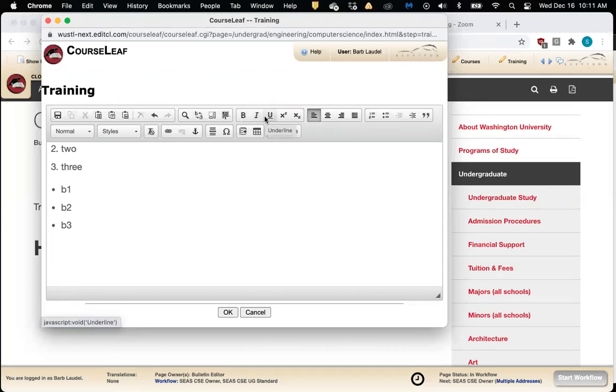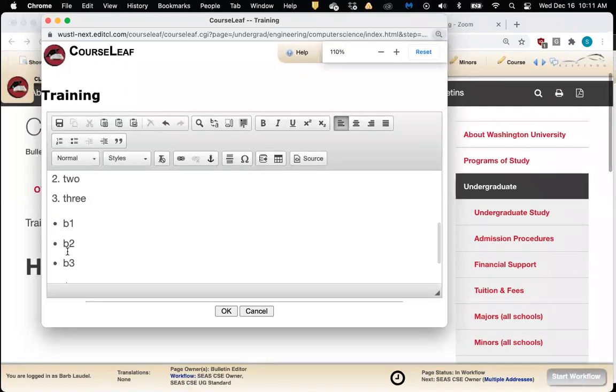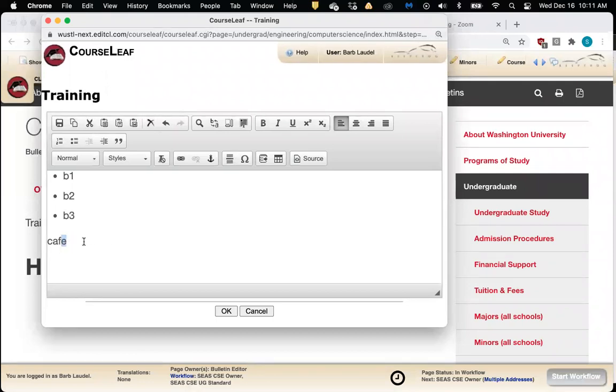And then the other item is special characters. So let's say you have a word like café and you want to make sure to have that accent over the E. The icon for special characters is this little anchor here where it says insert special character.